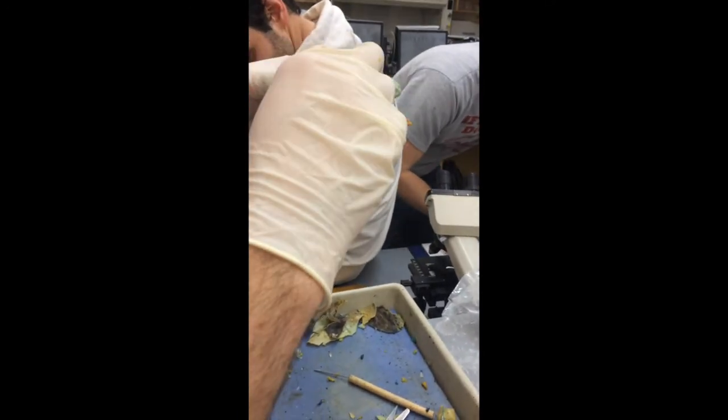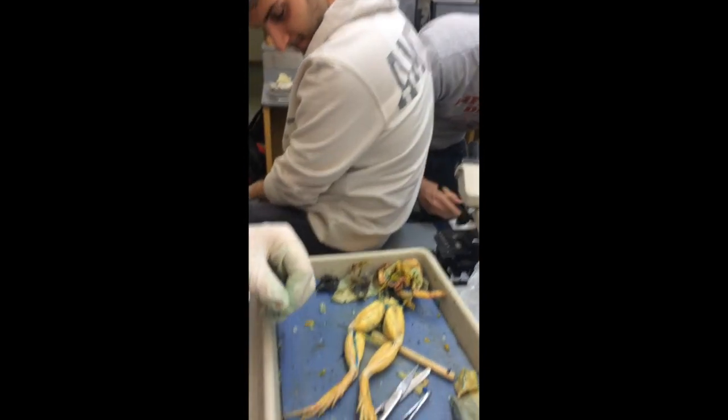Oh, the piece fell out. Really? All right, guys. It's like sharp shards. Let's go through the chicken quickly, and then I'll...